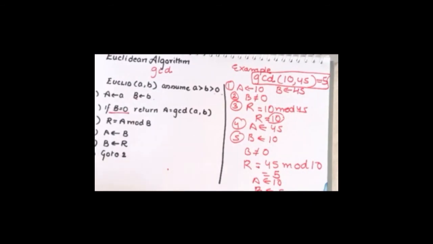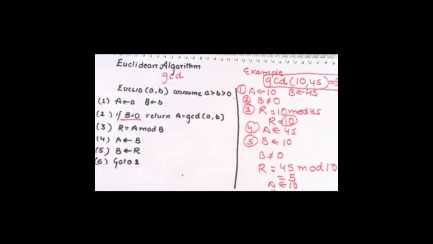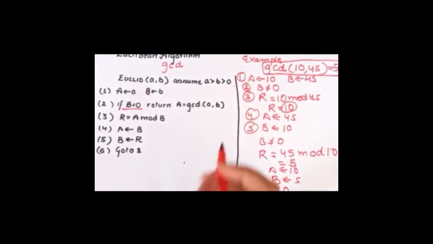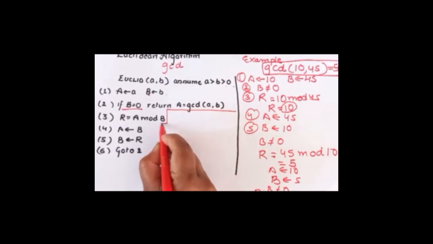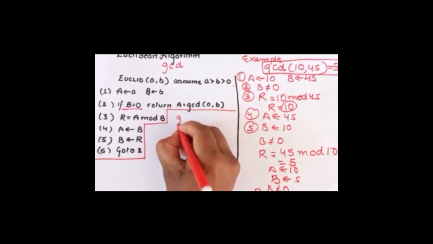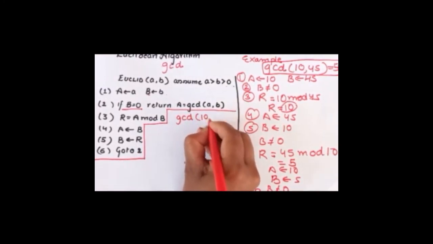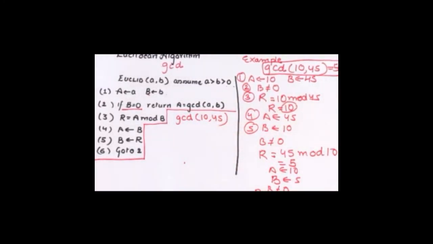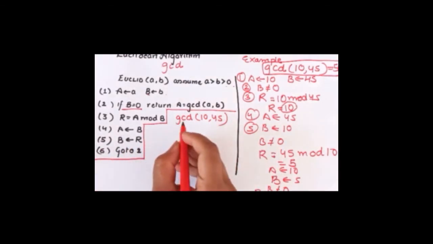Okay, I'll be telling you another methodology for solving the same question. Let me solve the same question by another method, or you can say a short trick. Now GCD of 10 comma 45. Without going into detail of the Euclidean algorithm, you can still find out the GCD of 10 and 45. How can you do this?